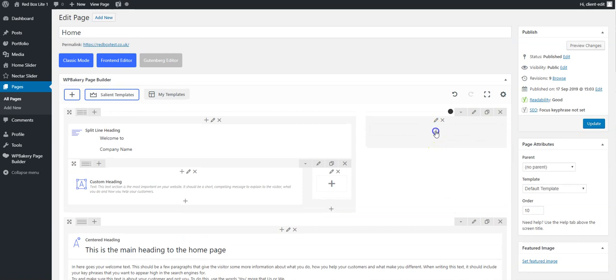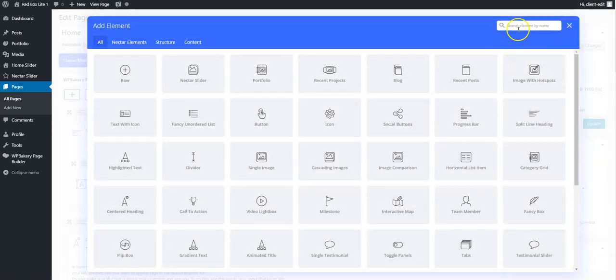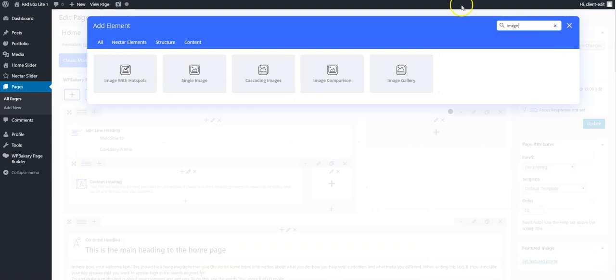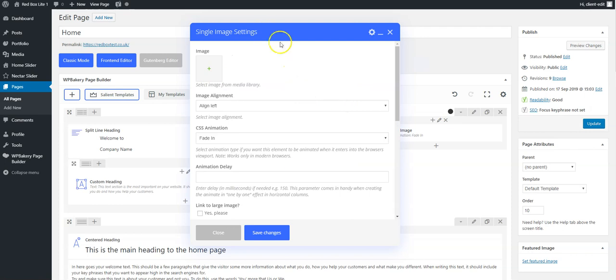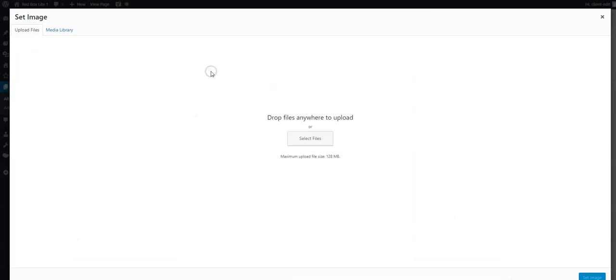On any block, you can just click the plus and that allows everything on here to pop up. You can either search or type image and you'll be able to get the different options available. Once that pops up, you'll just have some basic settings there, but you want to click the green plus sign. That will then bring up the image selector menu,